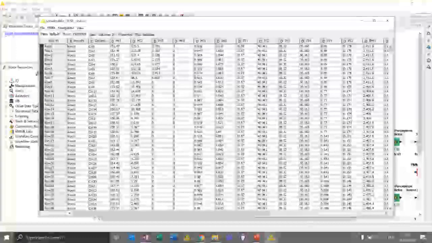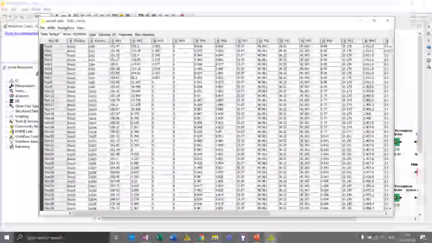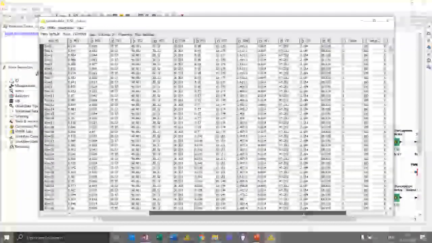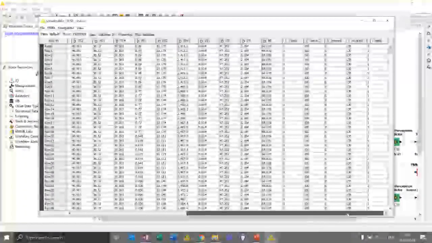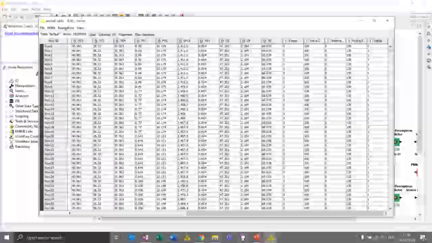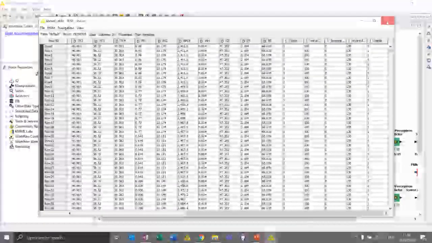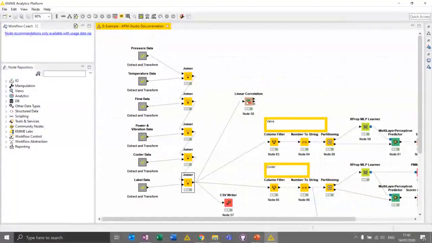So my total data set is about 13 million rows, and I have various pressures, temperatures that are measured, vibrations, flow, and cooler conditions, but I also have different labels that represent the degradation of my various process equipment, of my pumps, my valves, my coolers, etc. So if we have a first look at the data,